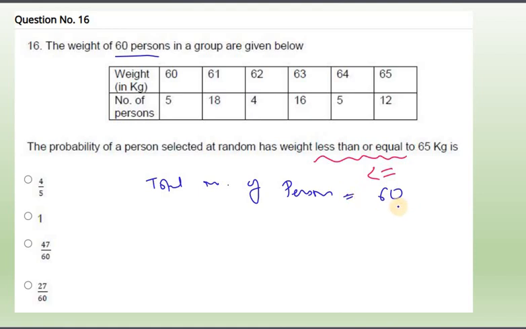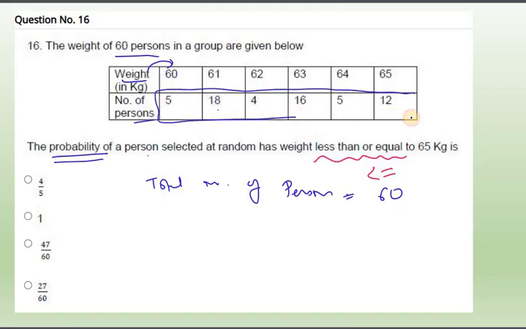Total number of persons is 60. Now, in the group a table is given here. This is weight and this is number of persons. So 60 kg has 5 people, 61 kg has 8, 62 kg has 4 people, like this it is given. We have to find the probability that a person selected